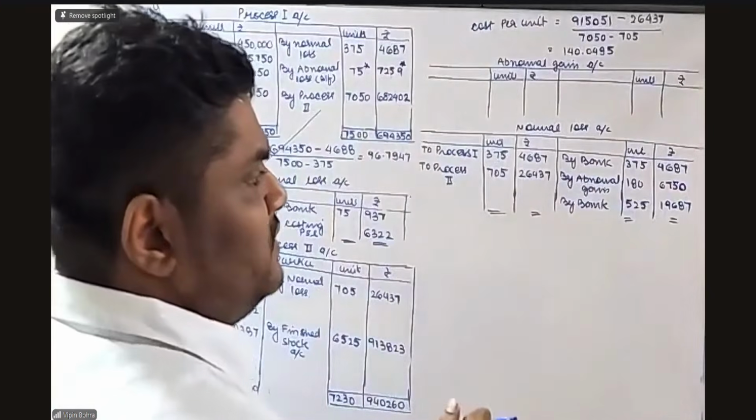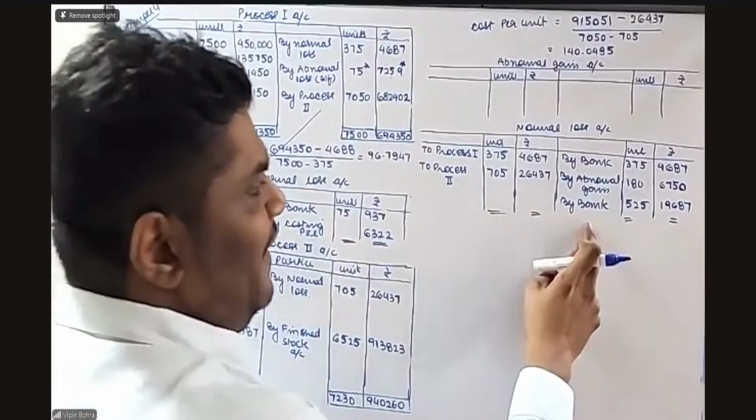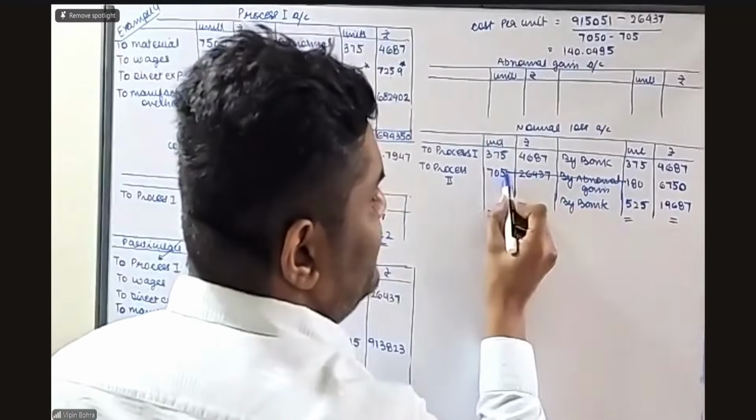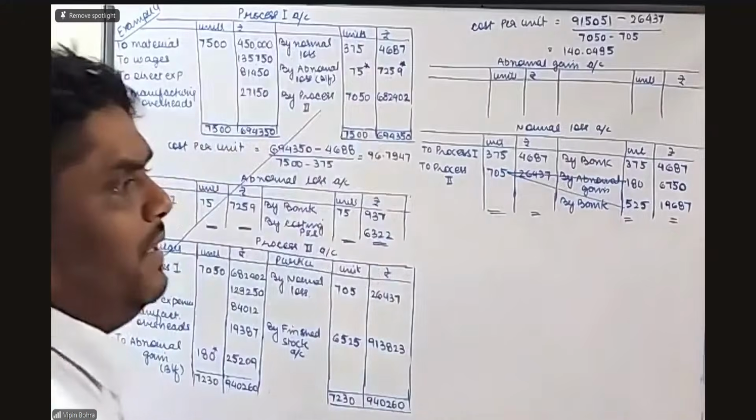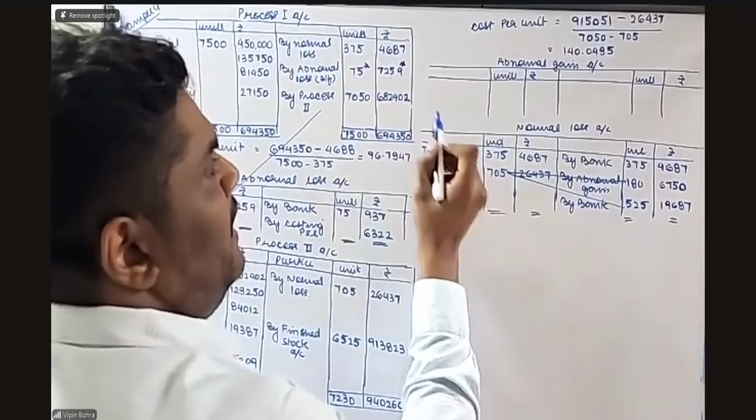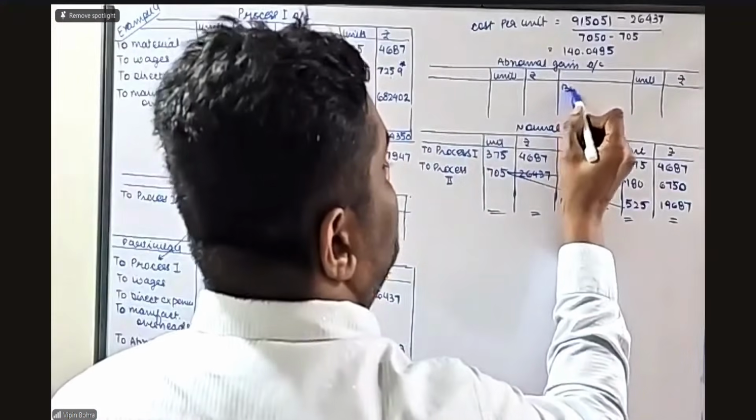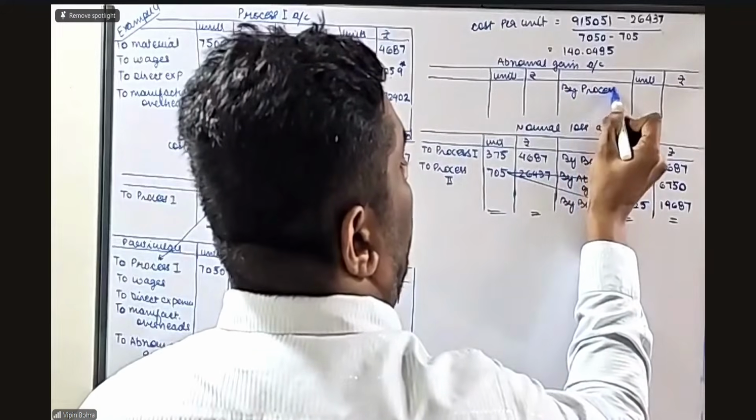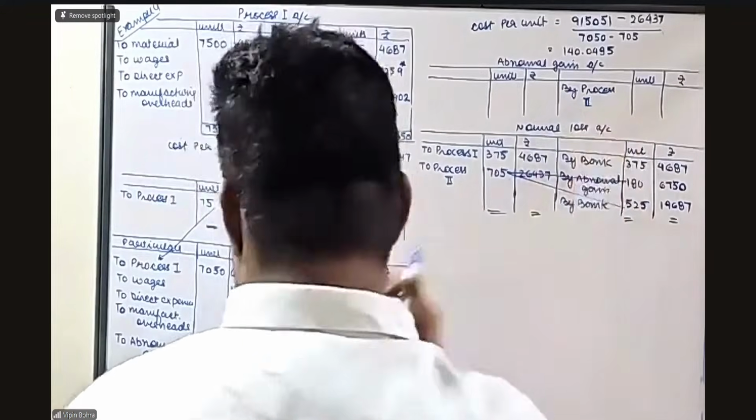So this will be transferred to abnormal gain account, and out of 705, 180 units is abnormal gain and the balance are sold in the market. So herein, when talking about abnormal gain, it is by process second,